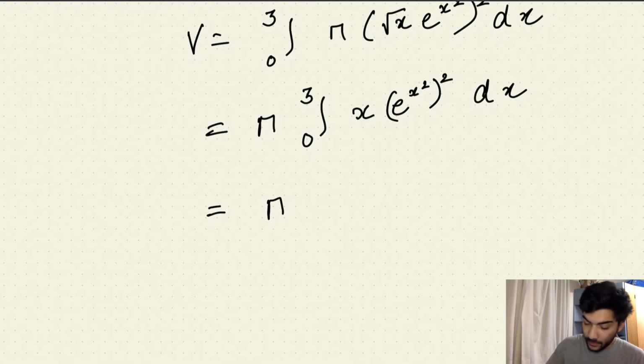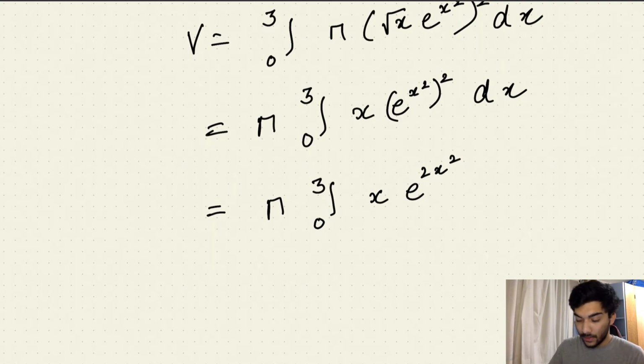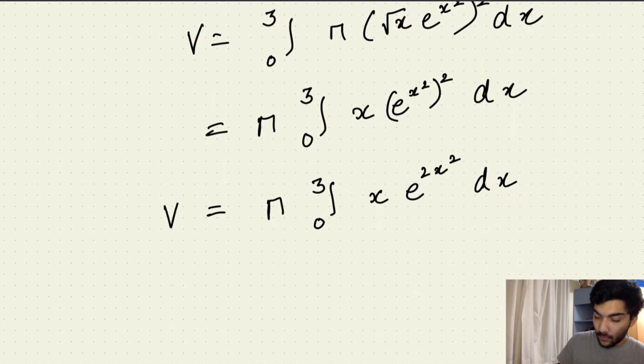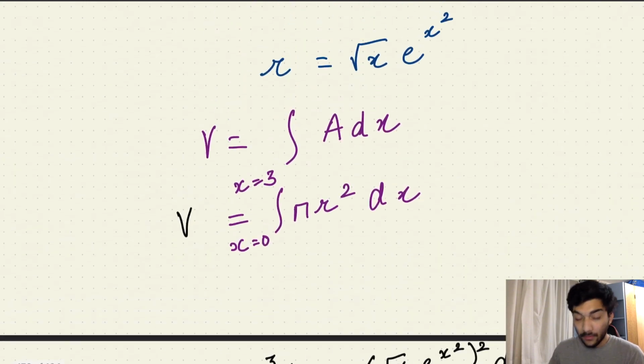Further simplifying, it would be pi times the integral from 0 to 3 of x times e to the power 2x squared, because e to the power x squared, squared, is e to the power 2x squared, and this would be dx. So when you solve this definite integral, you will be able to calculate the final answer,